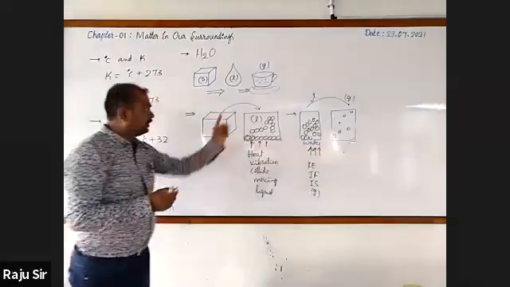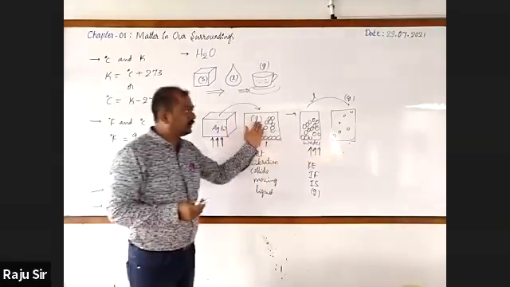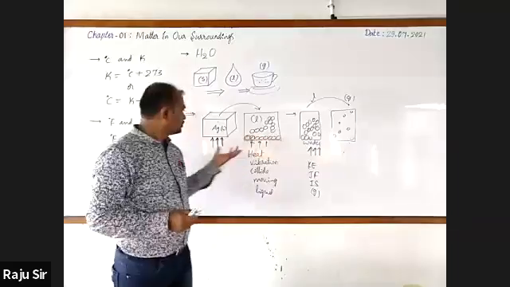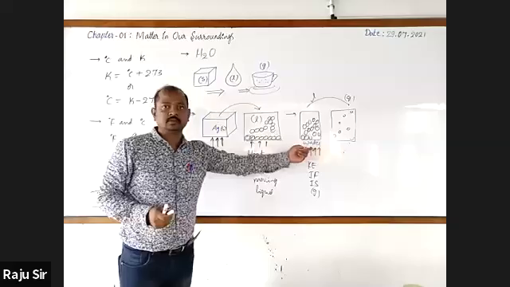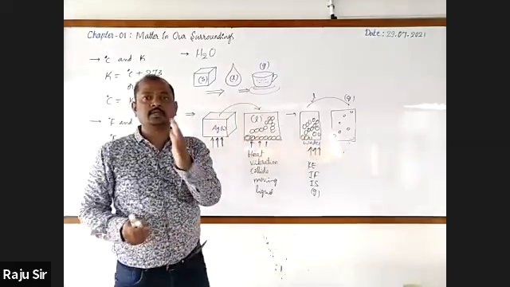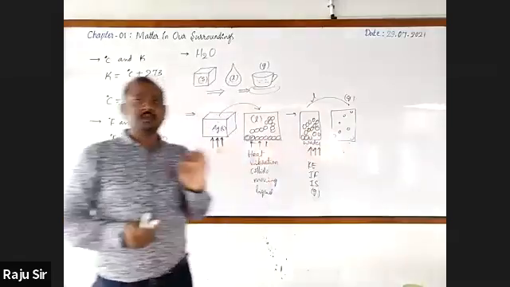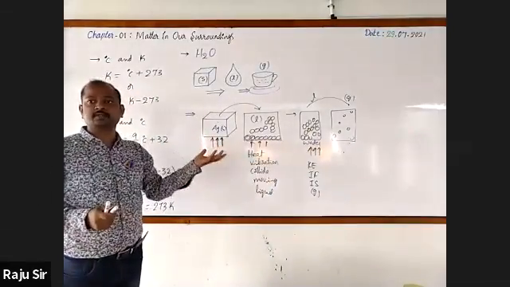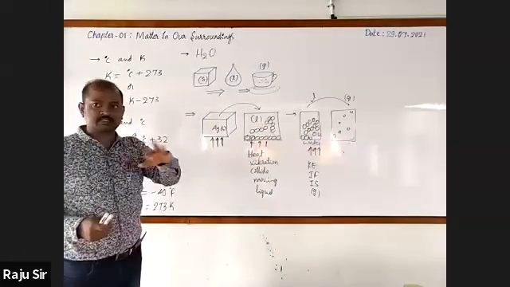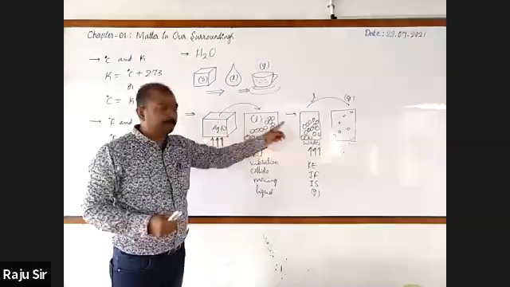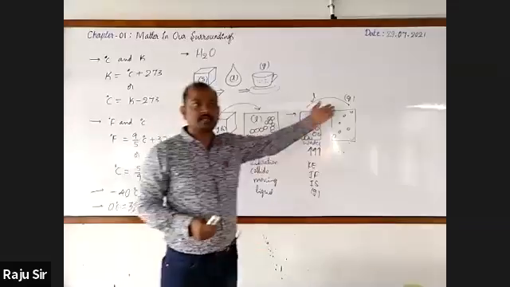In converting the physical state of matter from solid to gas, solid to liquid, or liquid to gas, which physical quantity is responsible? Heat. And we also know that heat is responsible for which physical quantity? Temperature. So we can take temperature as one of the physical quantities responsible in converting. As the temperature increases, solid is converted into liquid, and liquid is converted into gas.